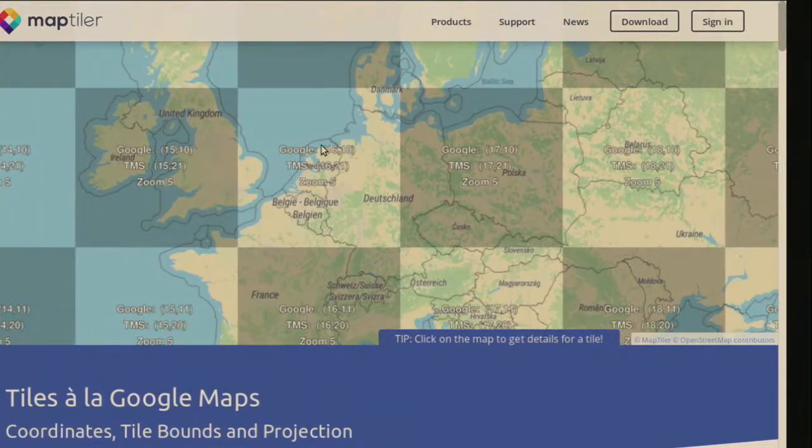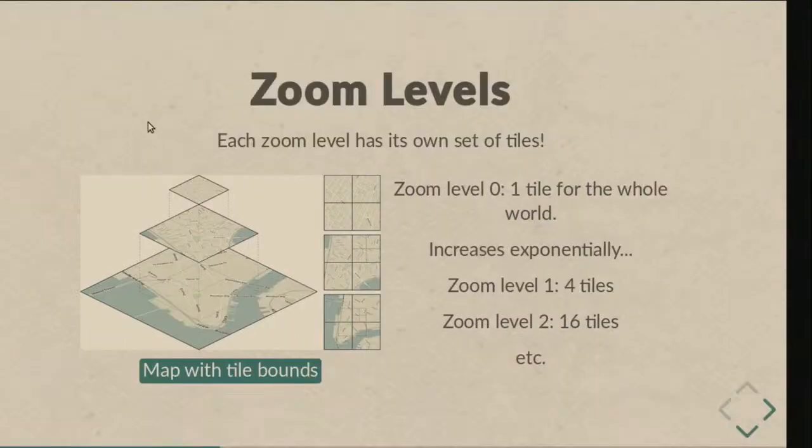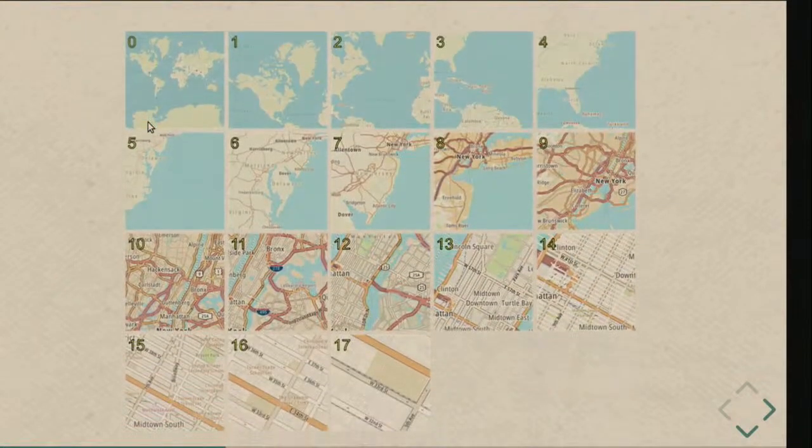Around zoom level 5, at tile 16 and 10, you can see the whole Netherlands in one image. This is also to give you an idea of what the scale is on a zoom level. The numbers are the zoom levels that you're looking at.